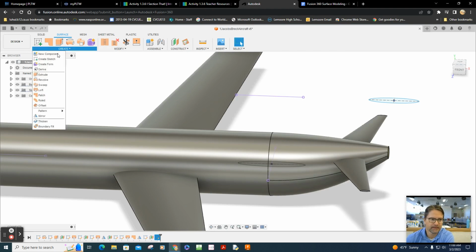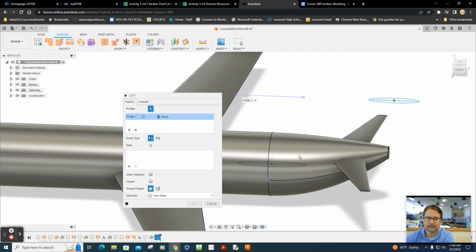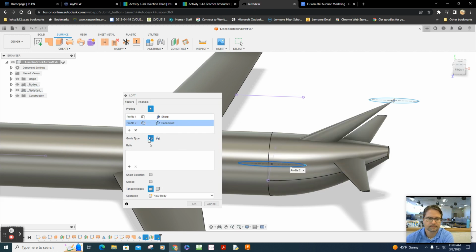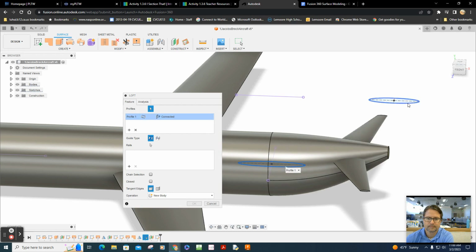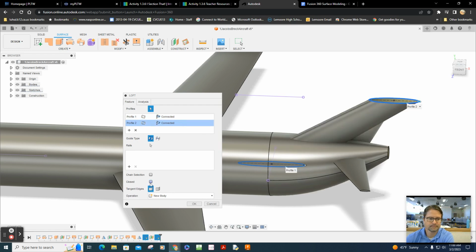Let's go to loft again. Select the bottom portion, and it's not what I wanted there. Let's delete that. Delete that again. This is direction.